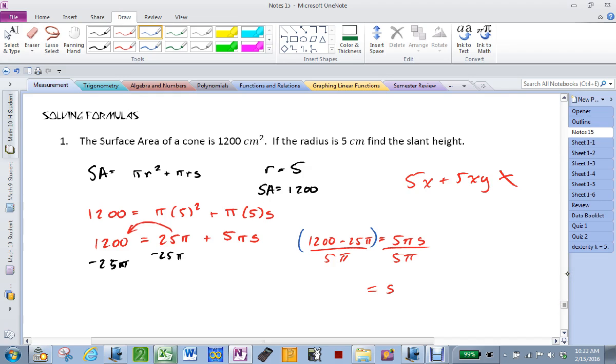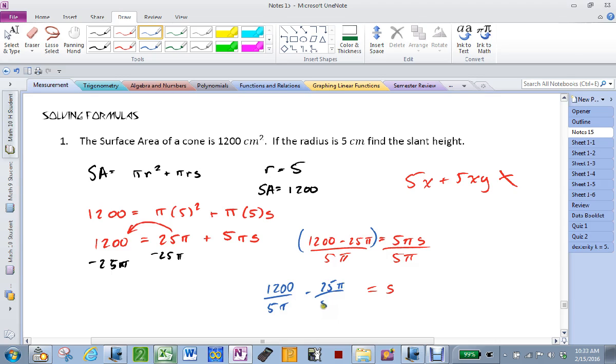You can't leave this final answer as pi. No, but like the final answer, it depends on the test. If I gave you this question, I'd be perfectly happy if you left it as pi. Okay? Now, if you were going to do that, then of course that is 1,200 divided by 5 pi minus